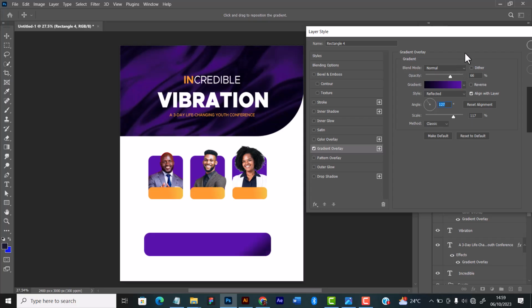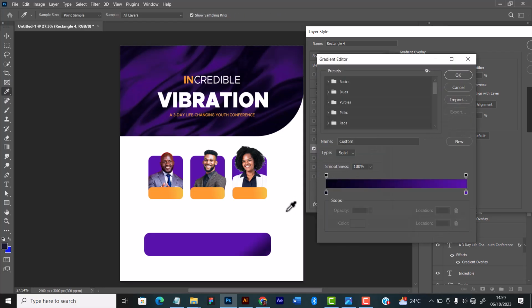So what I want to do, I want to just give a little bit of light on this effect here. So let me see if